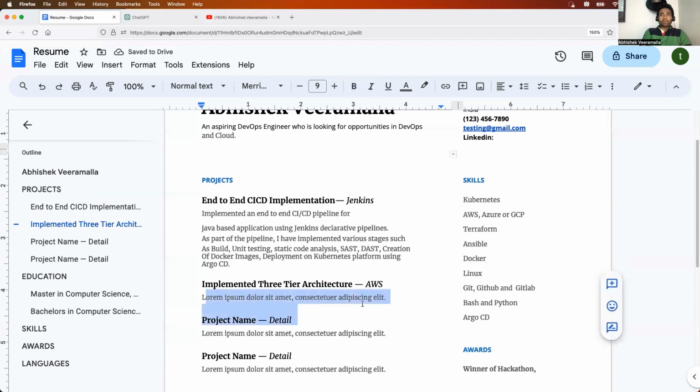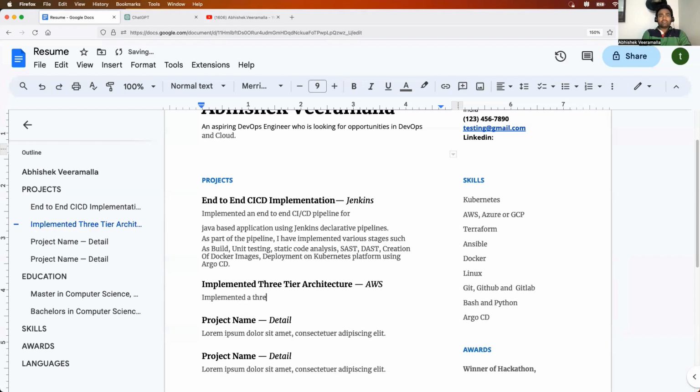And here again, provide the details. You can go to my video. I have explained exactly how to create this 3-tier architecture, and you can add those details. So you can say what are the different components involved in this 3-tier architecture. That is day 30 of my AWS series. And probably you can just provide details like